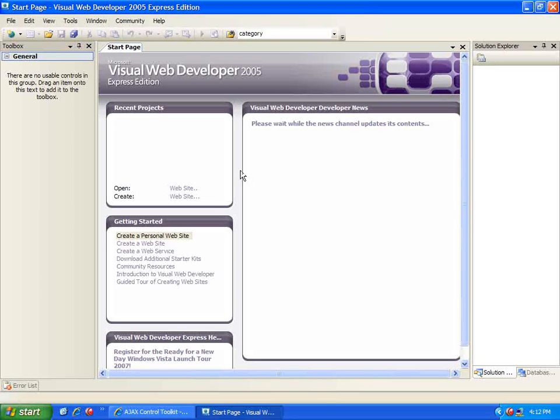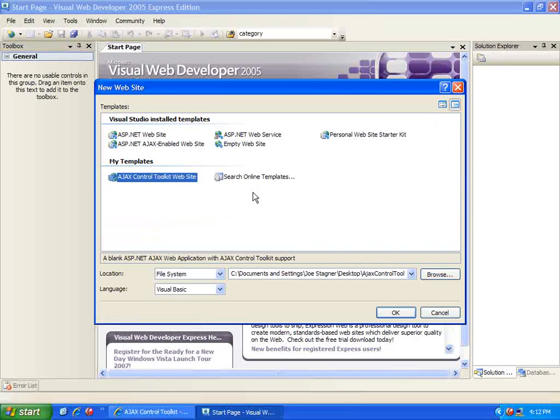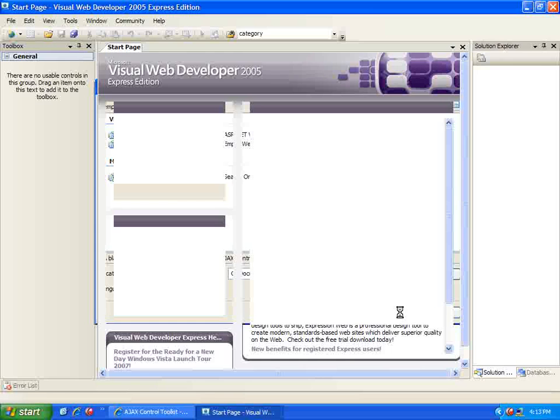To do that, I'll hop into Visual Web Developer, say create a new website, and now I have this AJAX Control Toolkit website project template. Now remember, if you don't have the full version of Visual Studio so that you can build that .vsi file, you won't have this, but that's okay. If you don't have it, you can just include a reference to the DLL file that we moved into the binaries directory of wherever you unzip your files to, and you'll be able to use all of the AJAX Control Toolkit functionality yourself. Just by having the AJAX Control Toolkit website template, it saves us that one extra step. So I'm going to go ahead and use that template,